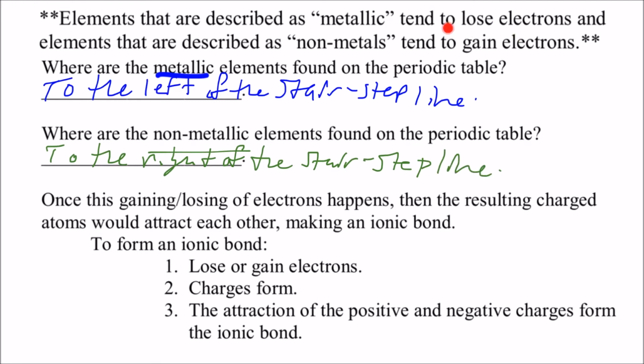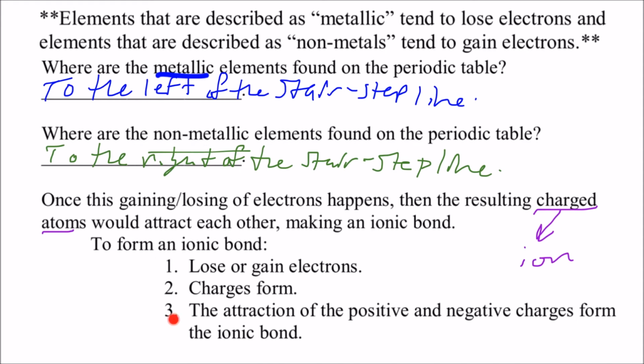Okay, so once they either lose or gain these electrons, then we get a charged atom. Okay, what do we call this charged atom or this charged particle? Well, we had a name for that. What is that? Do you remember? It's called an ion. Remember that? Okay, so which leads us into the fact that this is going to form an ionic bond because we create an ion first. All right, so these charged particles, these ions, have opposite charges, positive and negative, and then they attract to each other, and that's what creates the bond.